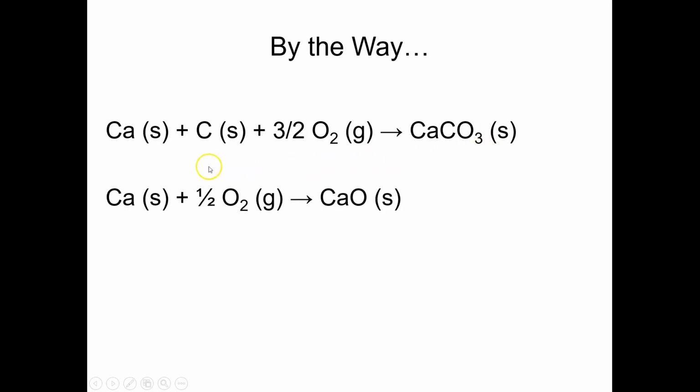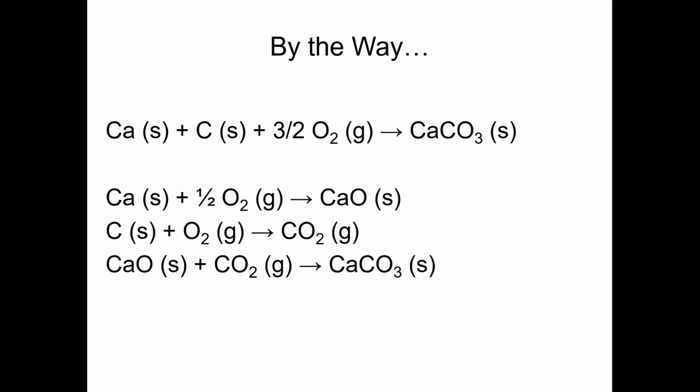Here are some reactions that are easy to do and easy to measure the enthalpy changes of. One would be to burn calcium and oxygen to give you calcium oxide. Another one would be to burn carbon and oxygen to give you carbon dioxide. And then to take carbon dioxide and calcium oxide and react them together in a reaction that gives you calcium